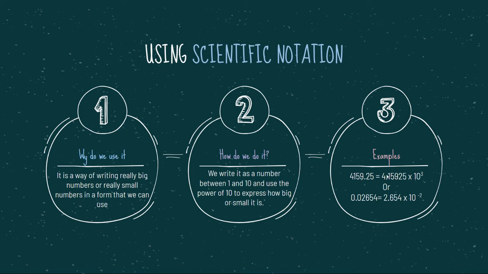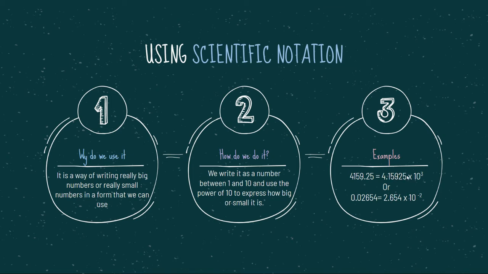So what I have to do is, when I take this decimal and move it, I have to count how many spaces I moved it. So in your mind, think, okay, I'm going to move the decimal place once to between the 5 and the 9. I'm going to move the decimal place a second time between the 1 and the 5. And I'm going to move the decimal place one more time, so 3 times, between the 4 and the 1. So then I write my number